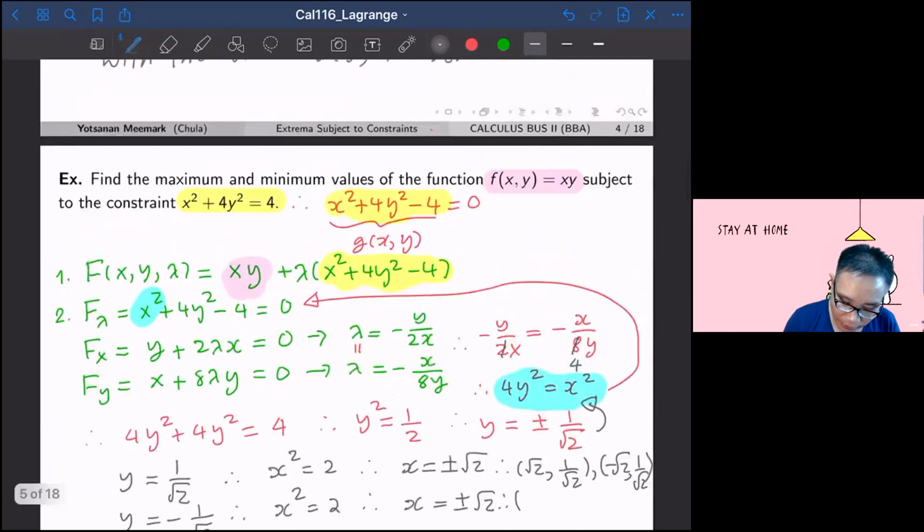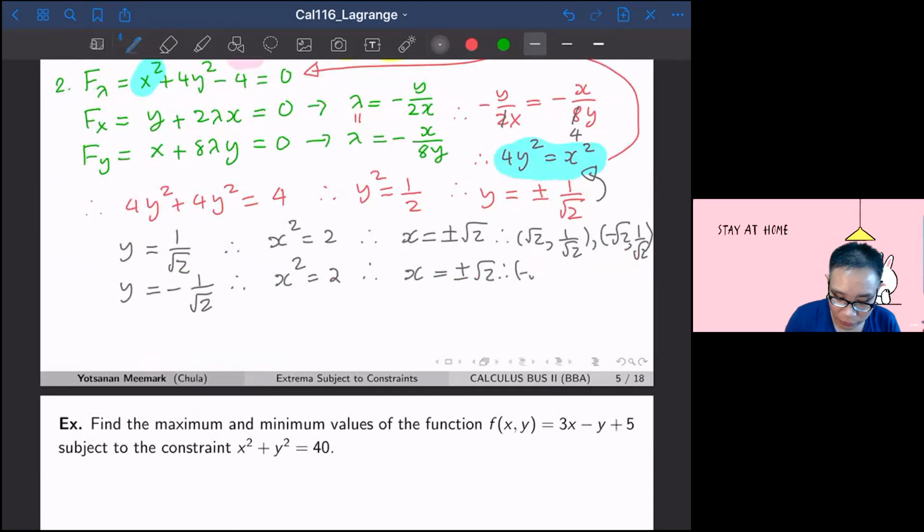And in the second case, you would get root 2, negative 1 over root 2, and negative root 2, negative 1 over root 2. Okay, so you would have 4 points, and in the third step, you're gonna